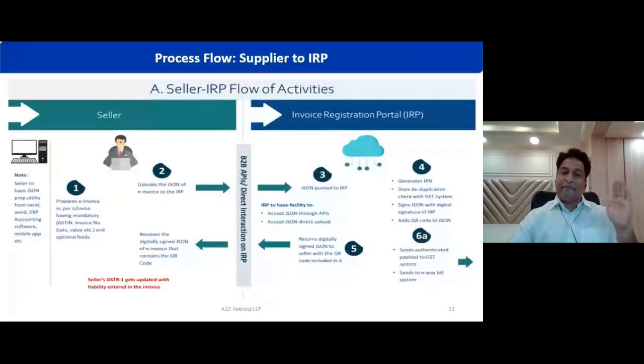Look at the left-hand side and follow the numbers as given, so that you understand everything. There are two cut points: the seller, which is the supplier, and the second is the invoice registration portal. From the seller's perspective, the seller has to prepare a JSON file using a utility from Excel, Word, ERP, accounting and billing